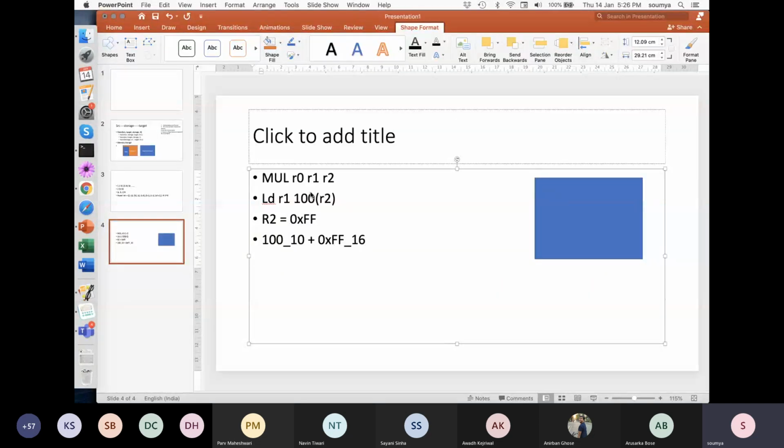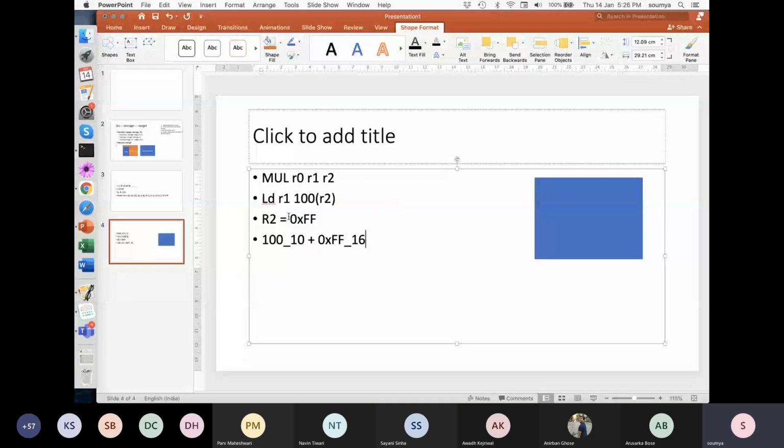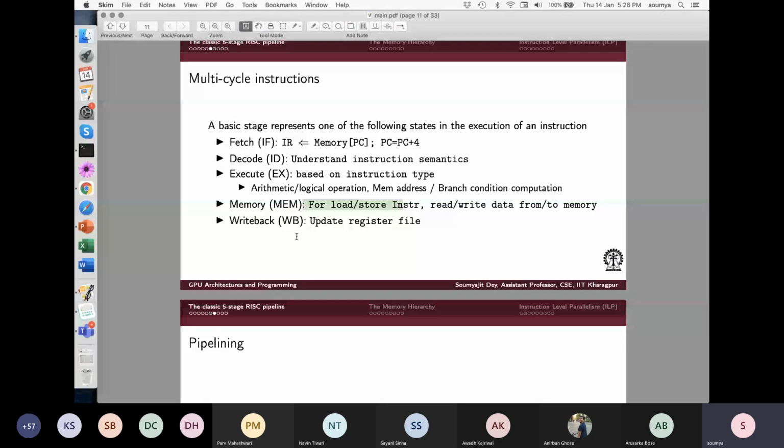And then from this address, you are supposed to bring that data, right? Well, who will bring that data? That is the job of the mem unit. It will bring that data. And then that data will be returned back to this R1 register in the write back stage. So every kind of update to the register file happens in the write back stage. Getting the data from the memory or writing the data back to the memory, those things that you have to do for load store instructions, will happen in the memory stage. So that is why these two stages get divided here.